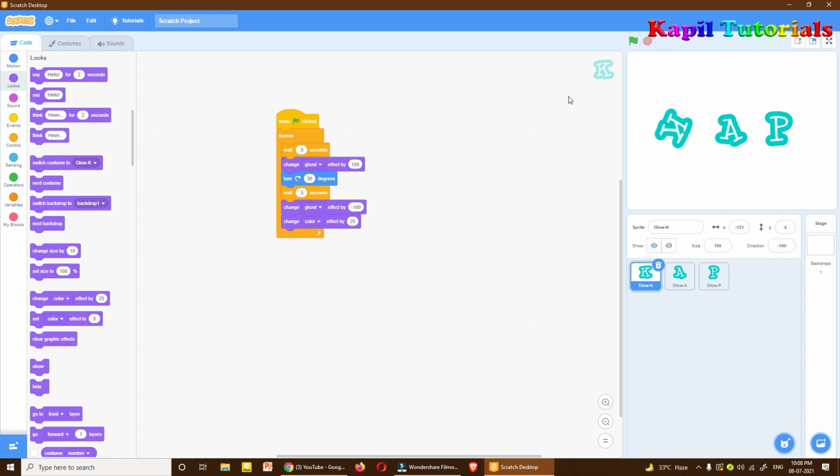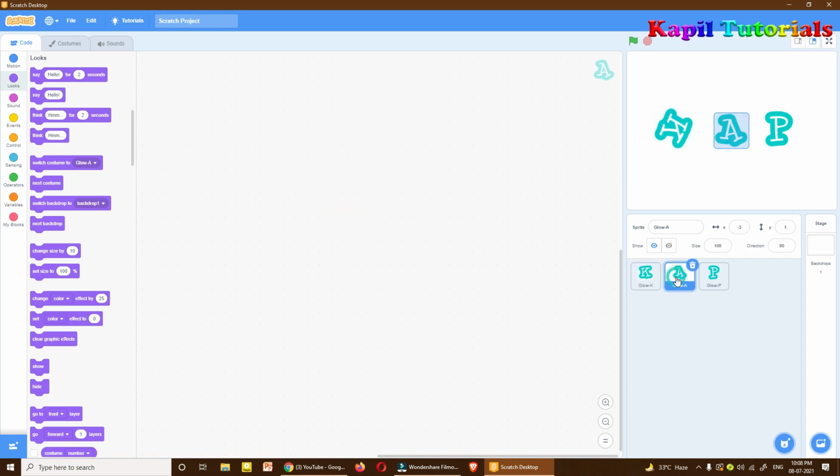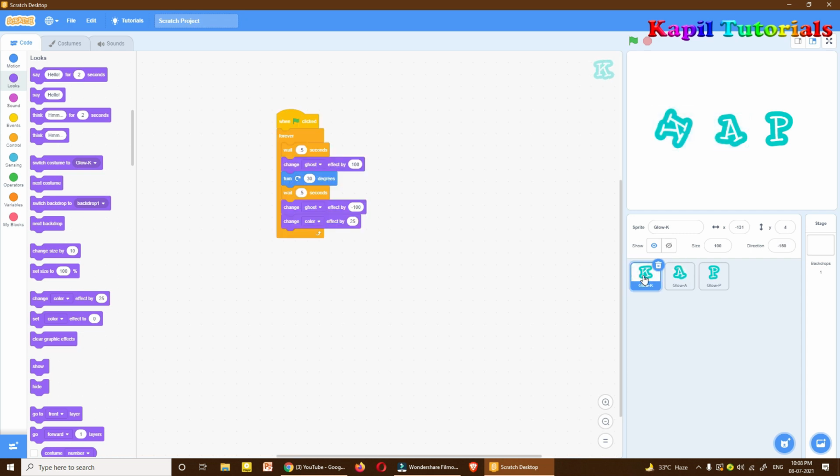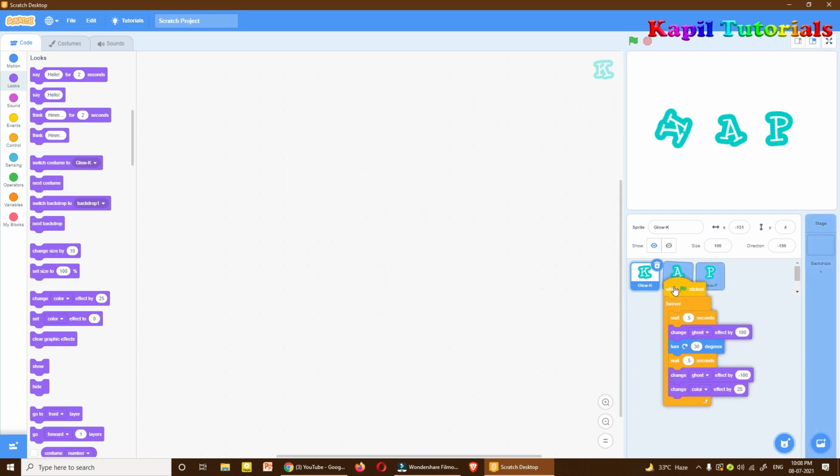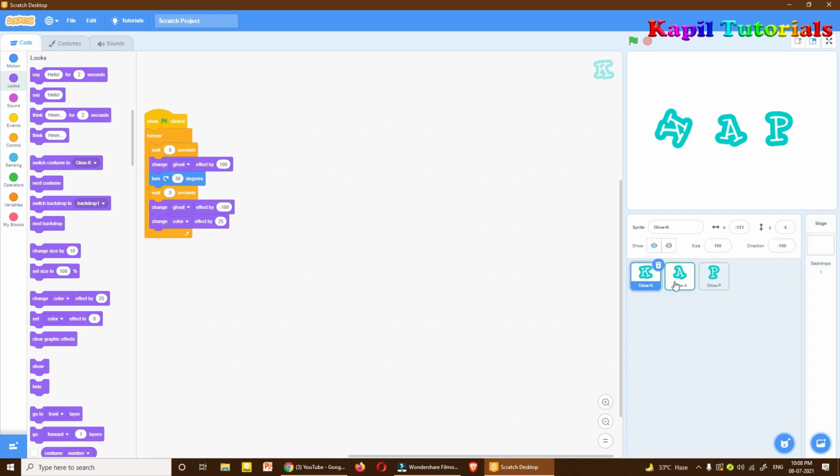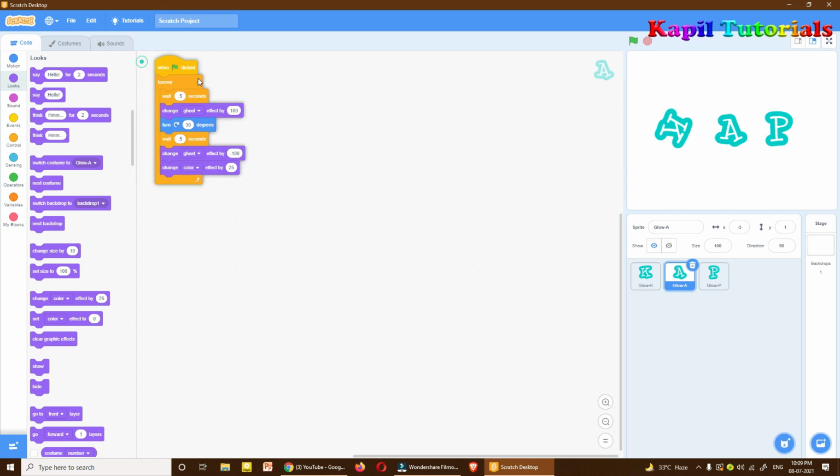Now I want to use glow, the second one, A. On A I want to use my commands. Some commands are the same, so I'll copy the same commands here on the A sprite. I'll drag it like this and drop it on A. Now I'll go to the A commands.